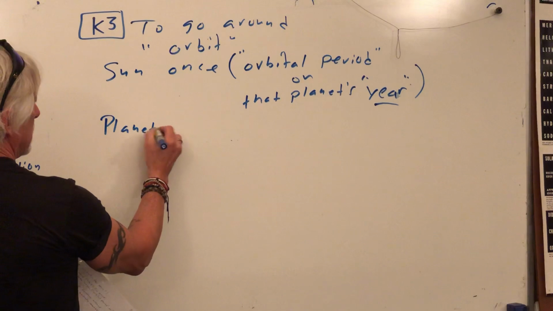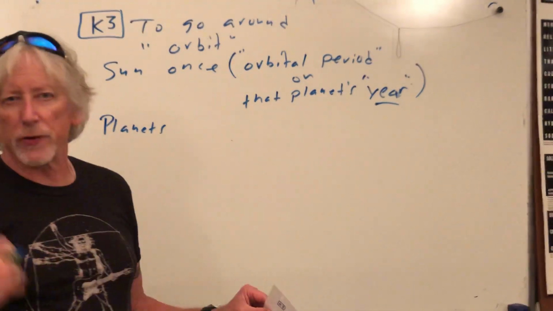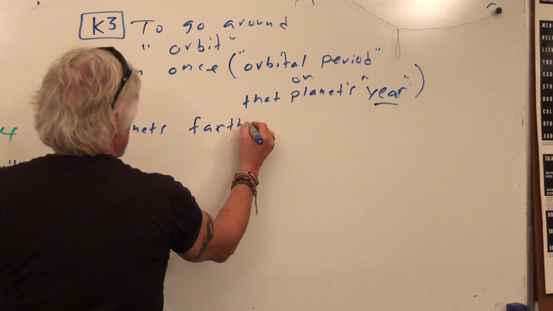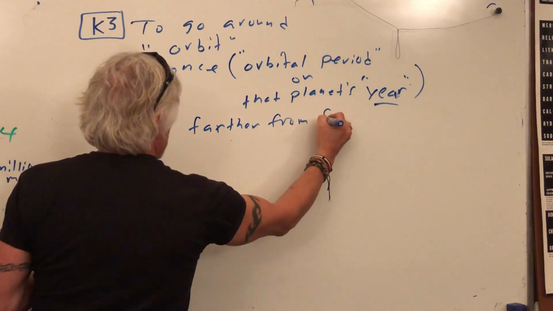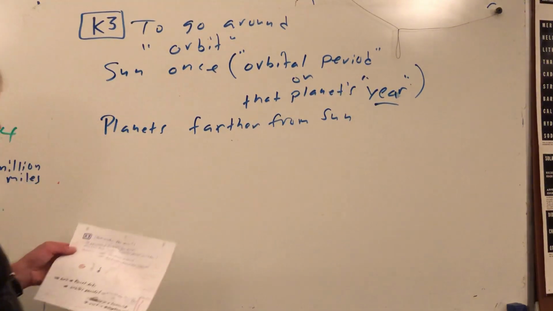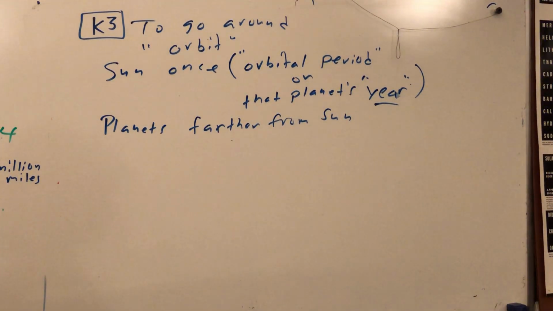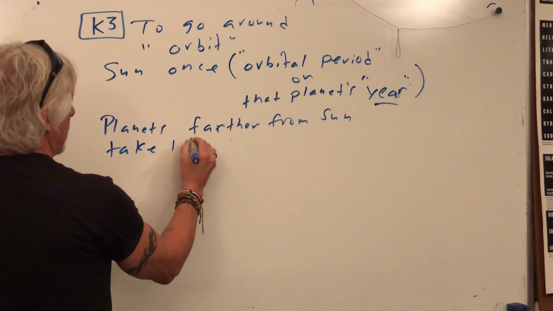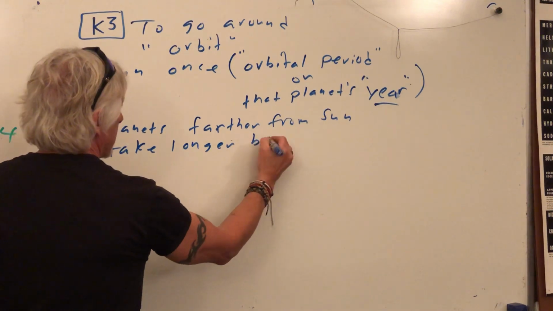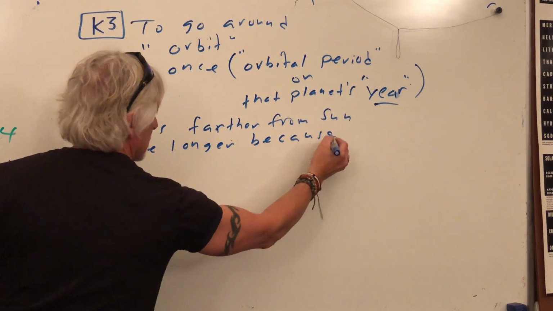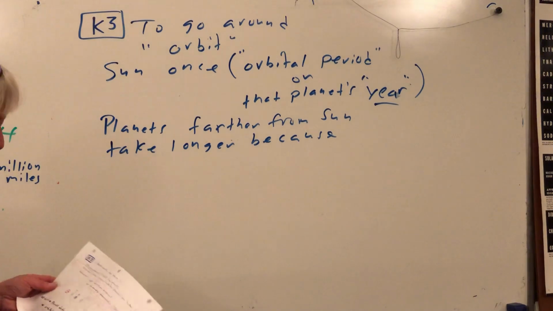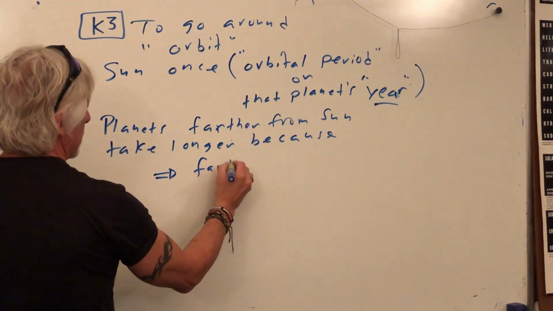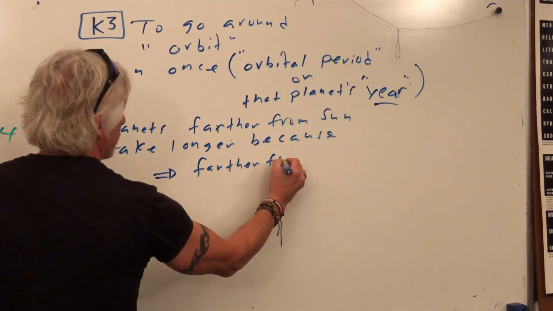Planets, you could look at closer or farther. I'll just say planets farther from the sun take longer because of two reasons. Why do you think? Farther from the sun